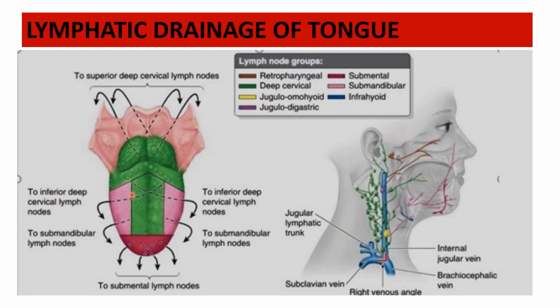And again, the lymph from the rest of the anterior two-third portion drains to submandibular lymph nodes. That too, from the median septum, median area, will be draining bilaterally. That means from the left side it can come to the right side, from the right side it can go to the left side. But from the edges of the tongue from the anterior two-third, it is draining unilaterally to the submandibular lymph nodes. Again, the lymph from the posterior aspect will drain to deep cervical lymph nodes, that is the jugulo-digastric group of lymph nodes. And ultimately all the lymph will be draining finally to the jugulo-omohyoid group of lymph nodes.